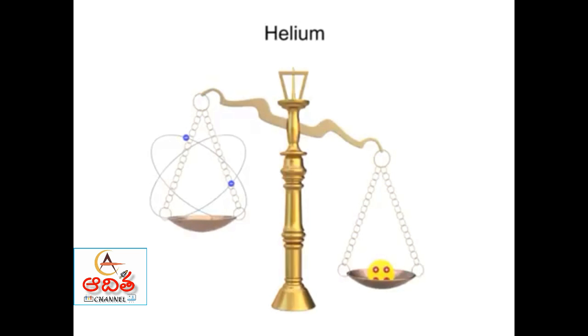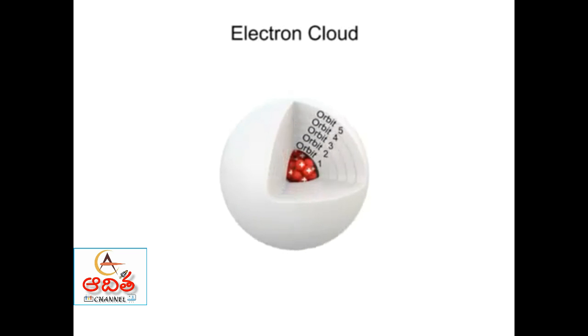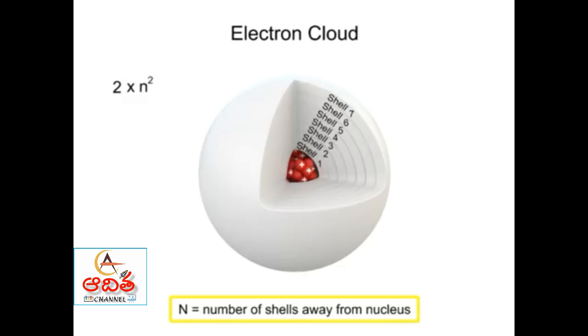Electrons are arranged in the electron cloud by the distance of their orbit from the nucleus. These orbital layers are also referred to as shells. Each shell can hold only a certain number of electrons. The exact number of possible electrons per shell is defined by a rule of quantum mechanics, stating that each orbit is filled when its electron count equals 2 times n squared, or 2n², where n is the number of shells away from the nucleus for which you are calculating the maximum number of electrons, also known as the principal